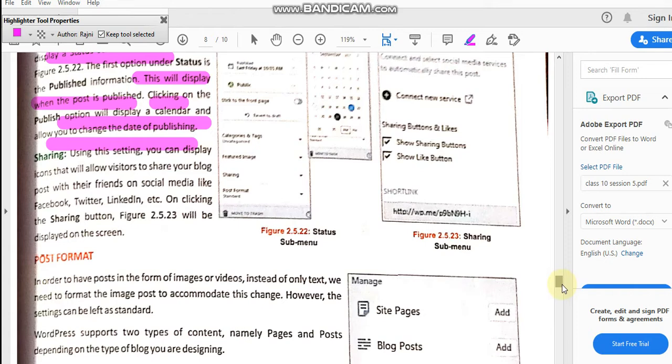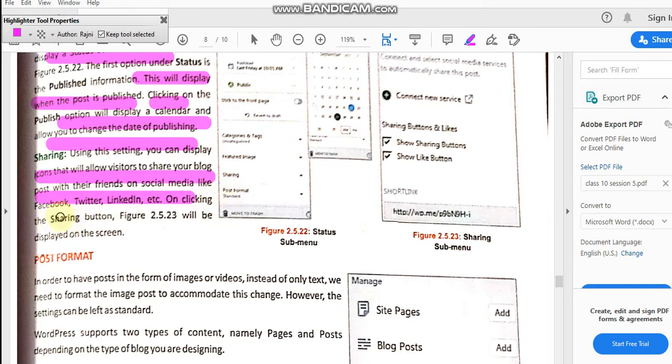Like you have here two things: sharing. Using the settings, you can display icons that will allow visitors to share your blog with their friends. Like always you see videos, like when you were using Hello or Daily Motion or Daily Hunt apps in your phones, and you will find the share option there. Once you like the video or the image or any post you like, you can share with other methods, right? Like your Facebook, yeah, like your WhatsApp. So same way this sharing option can be done. If anybody liked your blog, they can share with their friends on social media like Facebook, Twitter and all this.